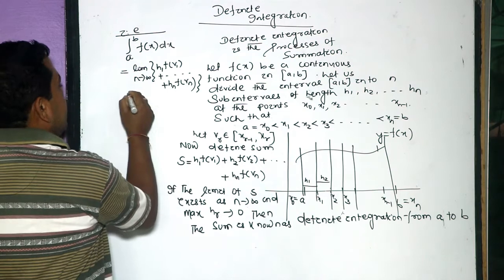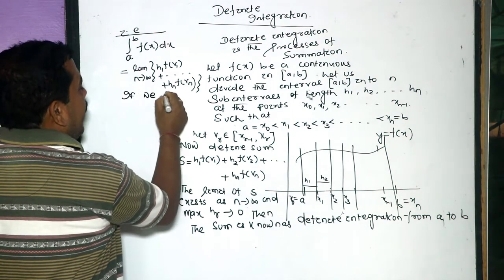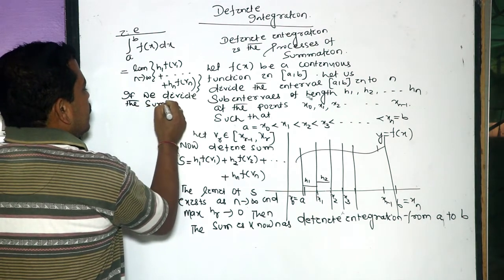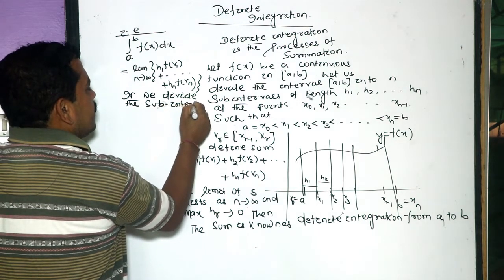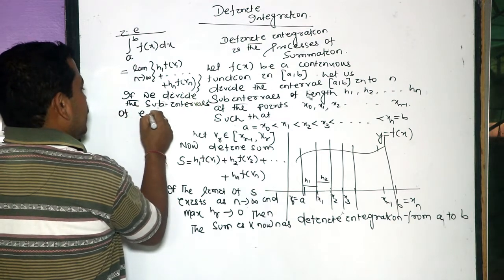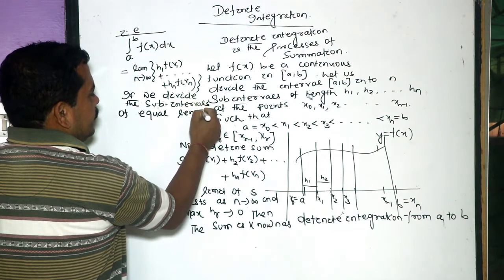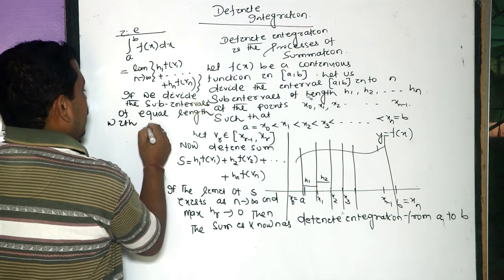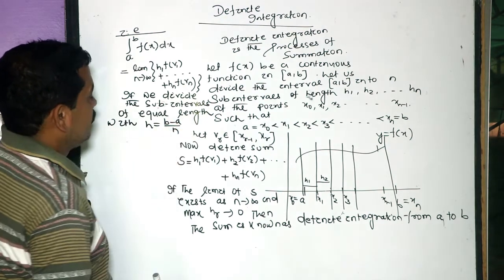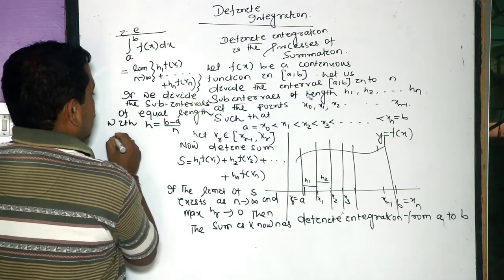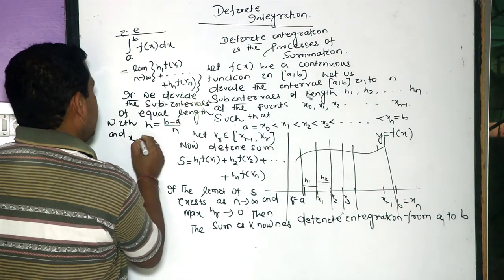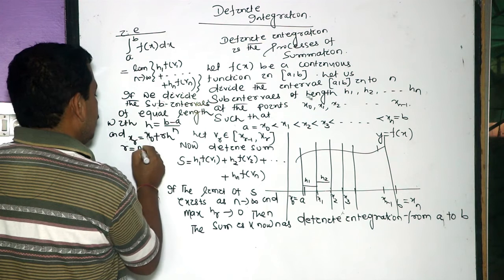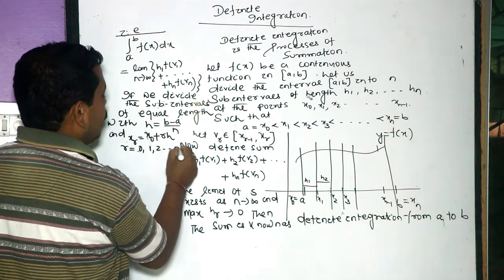If we divide the interval into subintervals of equal length, with h equal to (b minus a) by n, and xr equal to x0 plus rh, where r is equal to 0, 1, 2, up to n,